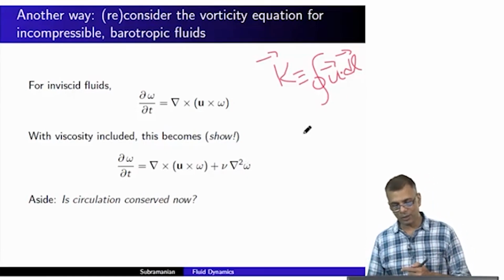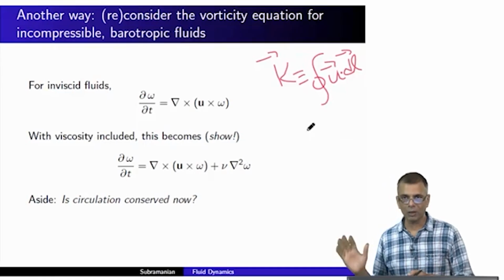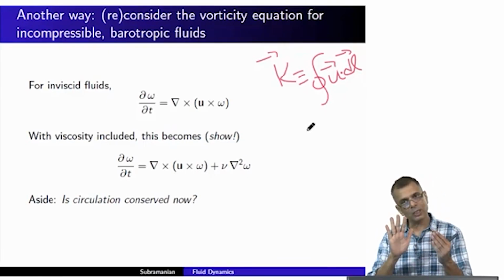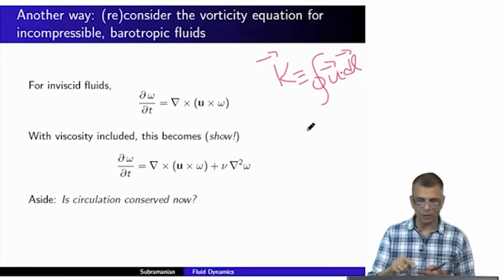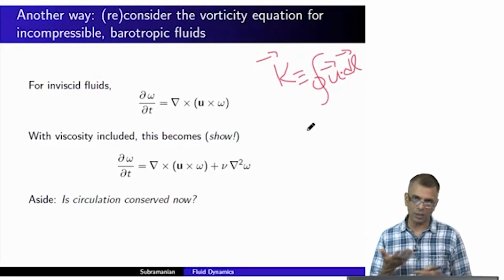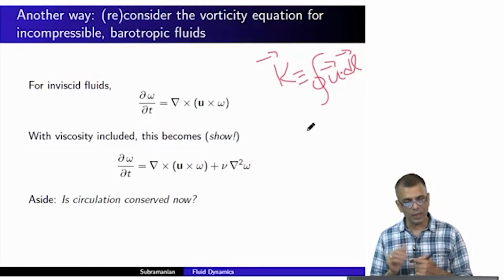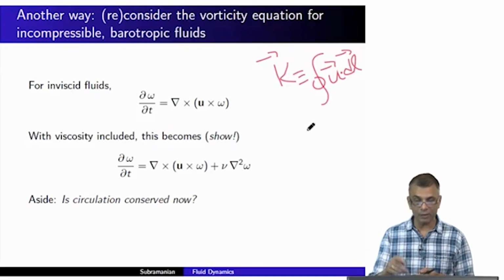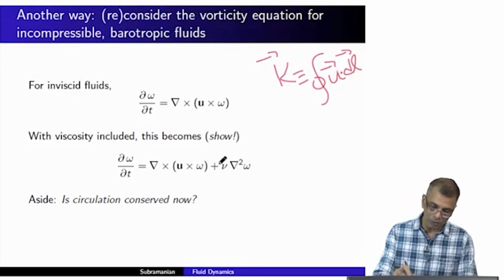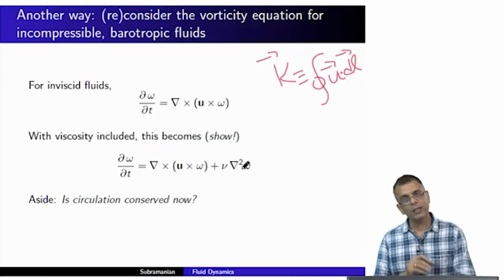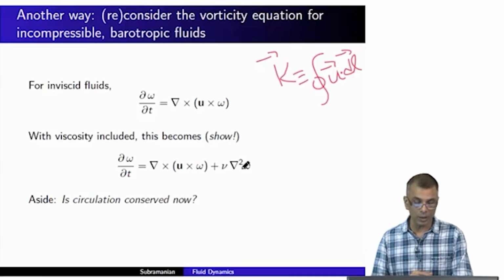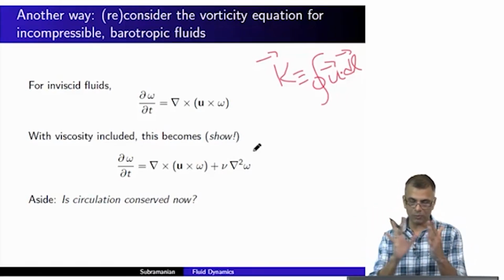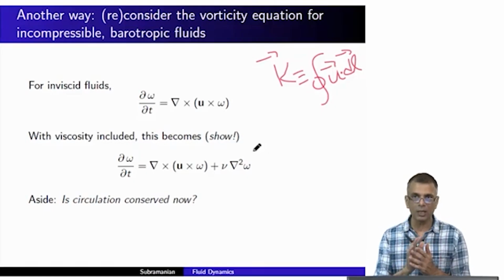Okay. The brief answer is that yes, viscosity is not important in the bulk of the flow, but just when the jet of water hits the wall, it comes to a crashing halt, and therefore either the vorticity or the velocity, depending upon how you look at it, has a large jump. So the first derivative is quite large, and the second derivative is even larger. So even though nu might be small, it's being multiplied by a larger quantity, and therefore viscous effects become important in the boundary region where the jet of water hits the plate or the wall,